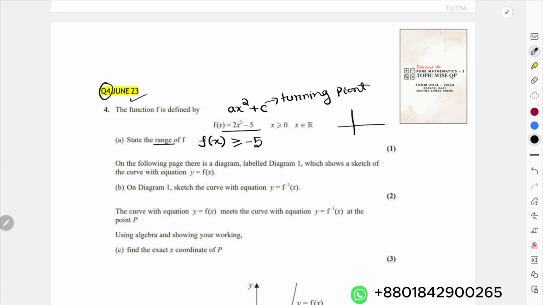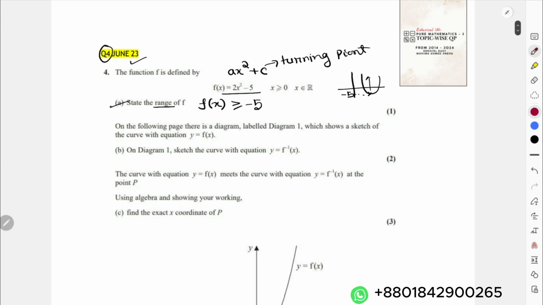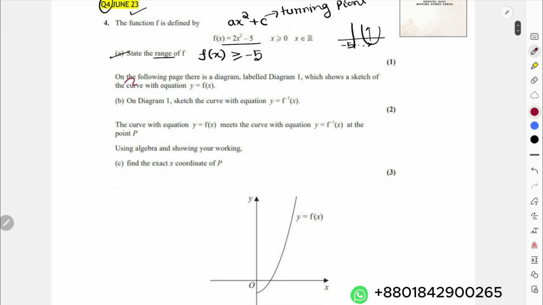This is roughly how the graph is supposed to be. This is your minus 5, right? And your graph is always going higher than that value. That's why your range is always greater than or equal to minus 5. This is it. Then after this, if we move on to your part B now, they're saying that on the